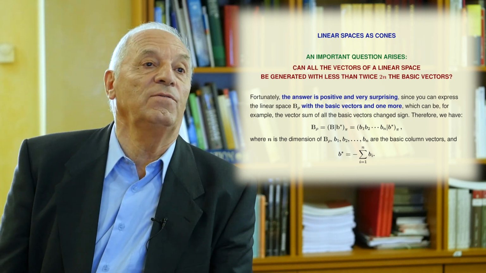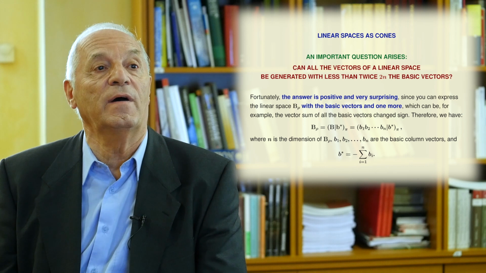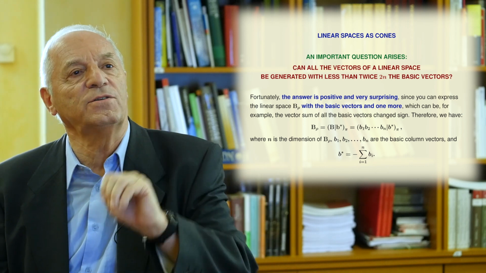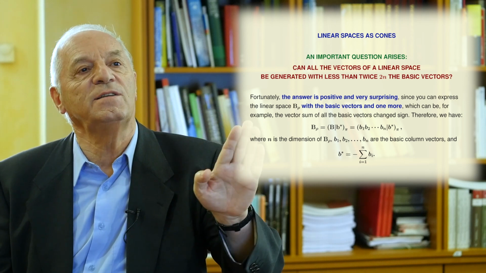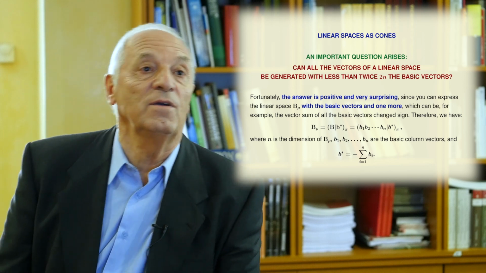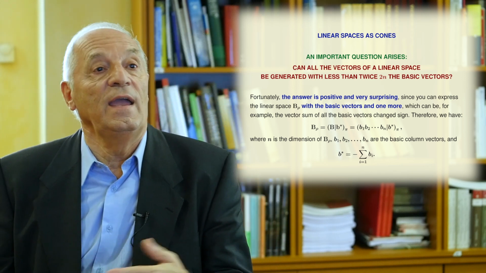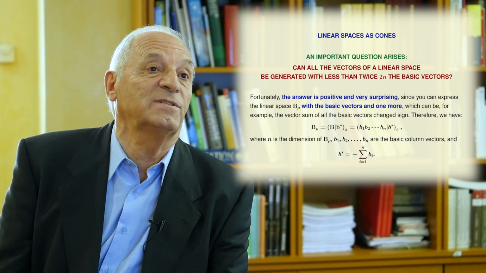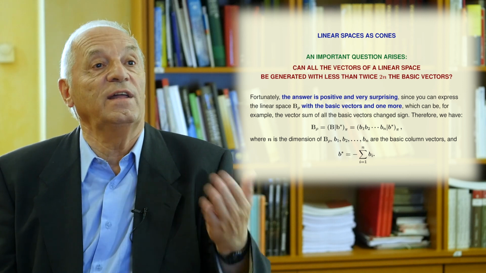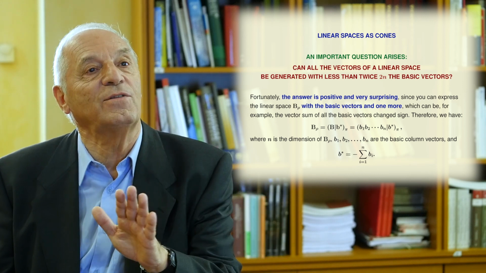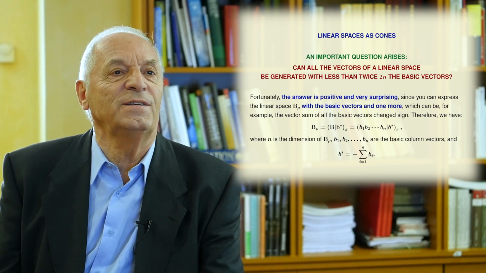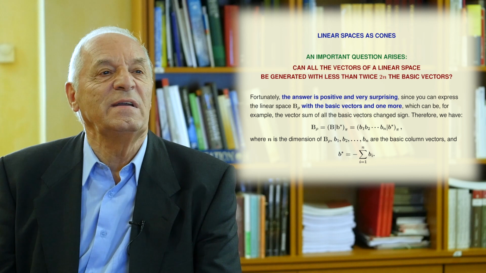Of course, immediately you can think the following. If I have a basis for the linear space, I can duplicate the vectors, take the basic vectors but change sign, and then I can use non-negative coefficients to write any vector in the linear subspace. Because when it is positive, I use the basic vectors, and when it is negative, I use the other vectors with sign change. However, there is an interesting question.